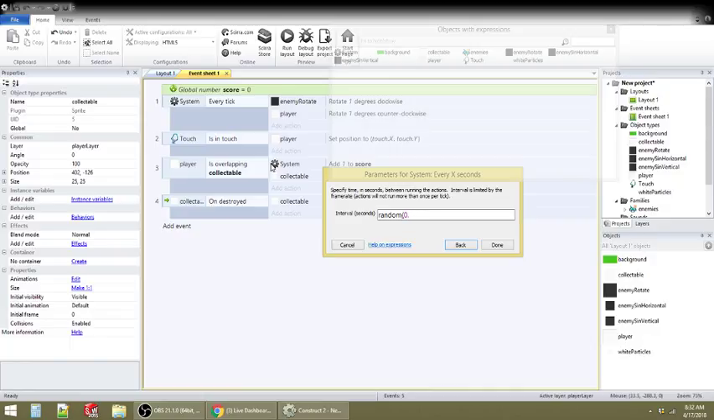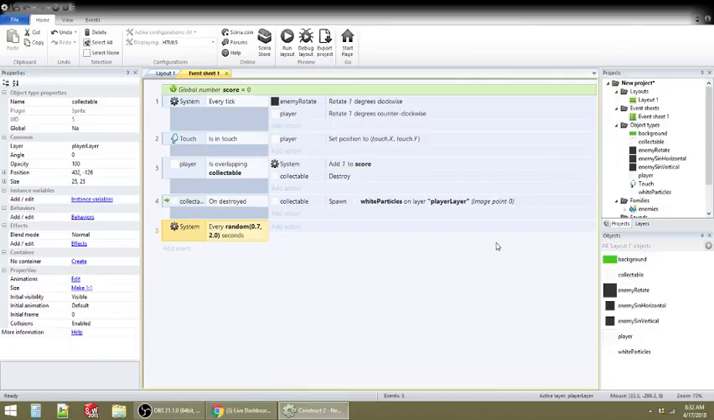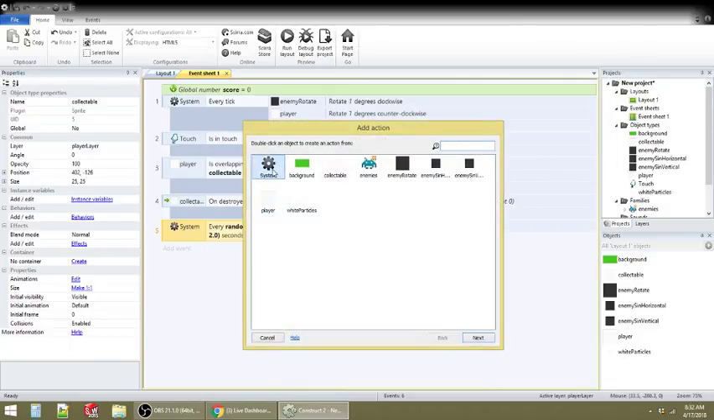2 seconds I think is too low. I'm going to go 0.7 to 2.0. So that means randomly between 0.7 seconds and 2 full seconds, the event we're going to have is we're going to have the system